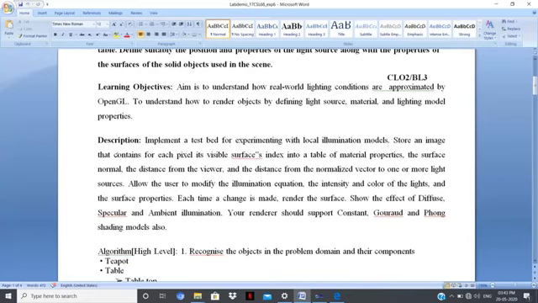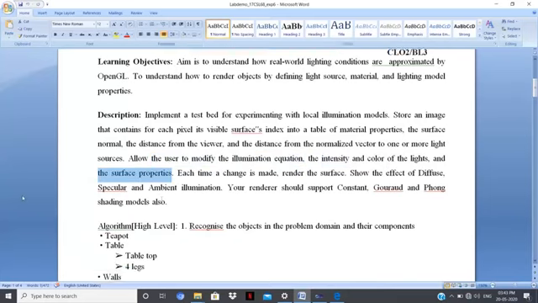Store an image that contains, for each pixel, its visible surface's index into a table of material properties, the surface normal, the distance from the viewer, and the normalized vector to one or more light sources. Allow the user to modify the illumination equation, the intensity and the color of the lights, and the surface properties.